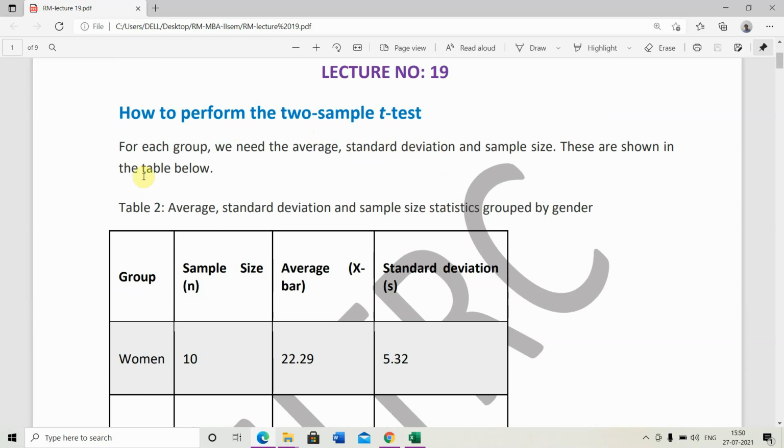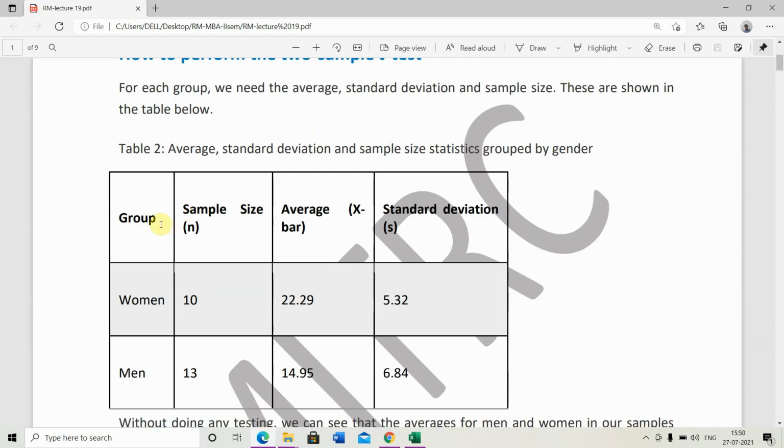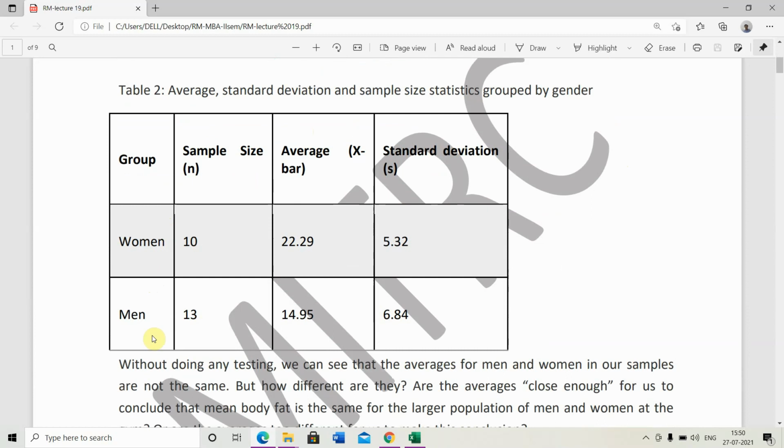For each group we need the average, standard deviation and sample size. These are shown in the table. इस तरह से हमने पिछले लेक्चर में हम कंटिन्यू कर रहे थे। मैन और वुमेन के हमने सैंपल लिए थे। सैंपल साइज वुमेन का 10 था और मैन का 13 था, और एवरेज एक्स बार 22.29 था वुमेन के लिए, मैन के लिए 14.95 था, और स्टैंडर्ड डेविएशन वुमेन के लिए 5.32 था और मैन के लिए 6.84 था।